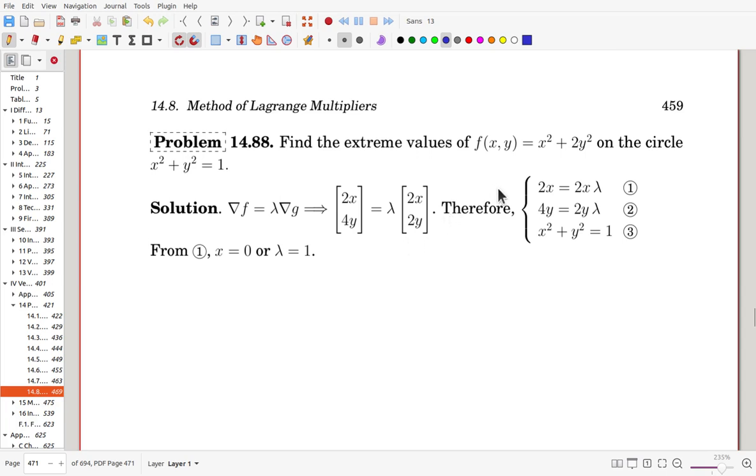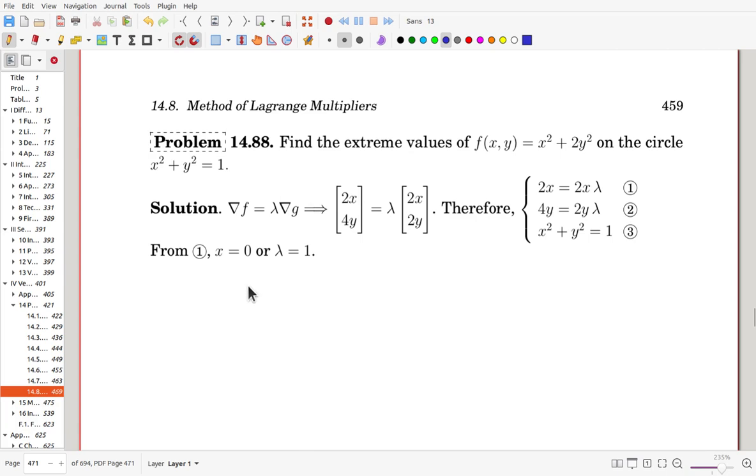Now we write here the detail. 2x is the same as lambda 2x, and 4y is lambda 2y, and that is the equation of the constraint. So we have three equations involving three unknowns. We have to decide these